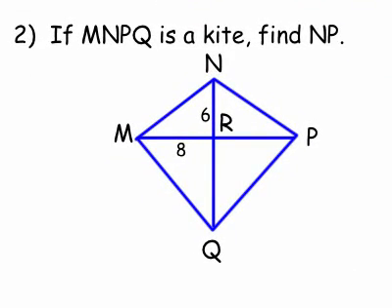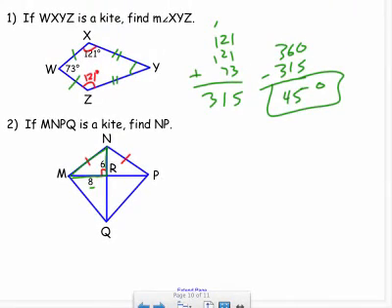And the last one, if MNPQ is a kite, find NP. So I'm trying to find what this side is. Well, let's think about it. What else do I know? That side has to be congruent to what other side? MN, right? Because the consecutive sides are congruent. It's not to QP, okay? What else do I know? I know that kites have a right angle for the diagonals. Well, if I look here, what kind of triangle do I have? A right triangle. And I know two sides, 6 and 8. So that means I can use the Pythagorean theorem. So to find MN,